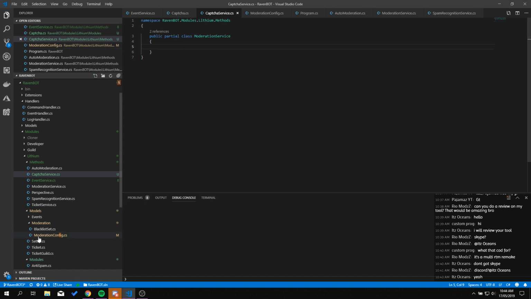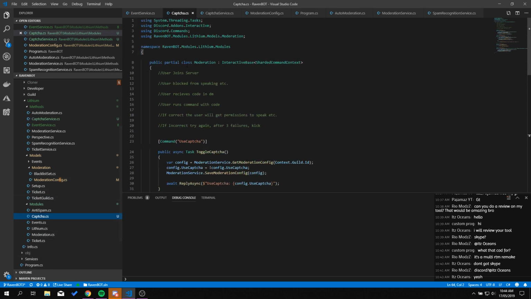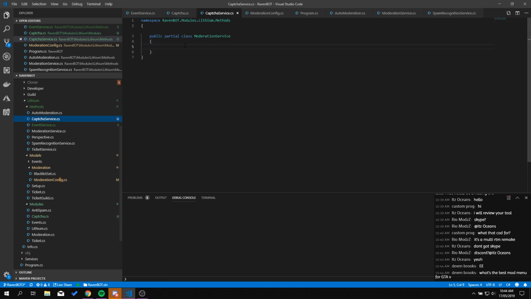Actually, I did set it up here. So have the user joined event create an object, which will be some sort of Captcha config for that user. And then each time they try, we can get that object and do stuff with it. So, class Captcha user. Yeah, that should work. And then we can go